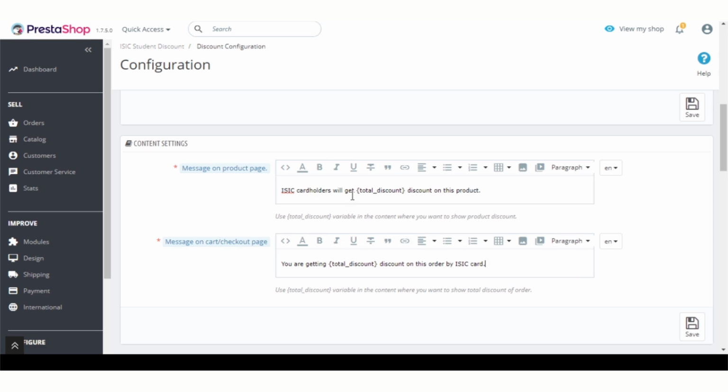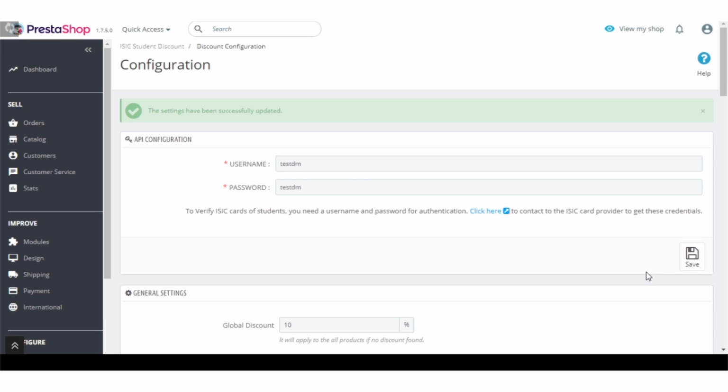The variable total_discount will be replaced by ISIC discount value at the front end. Now click here to save the content settings.